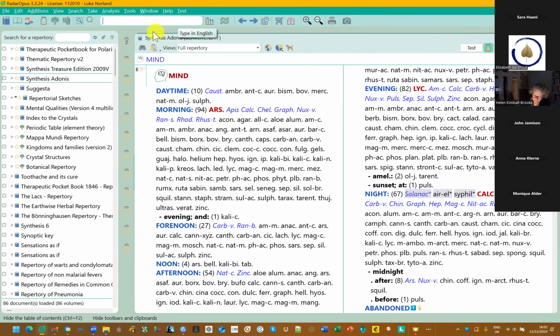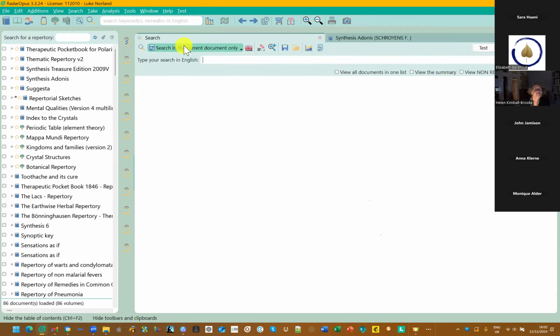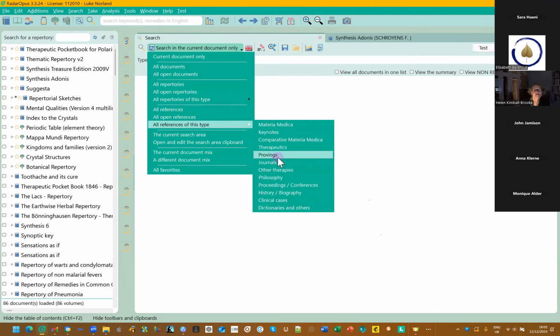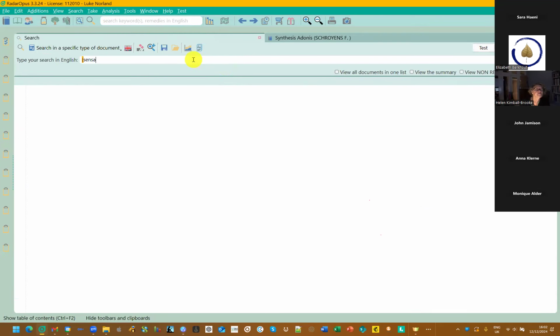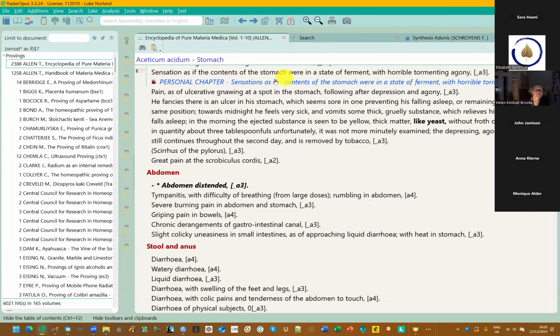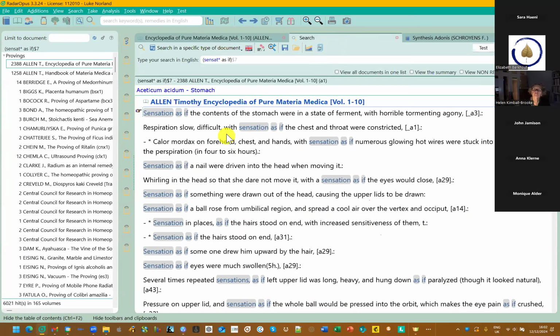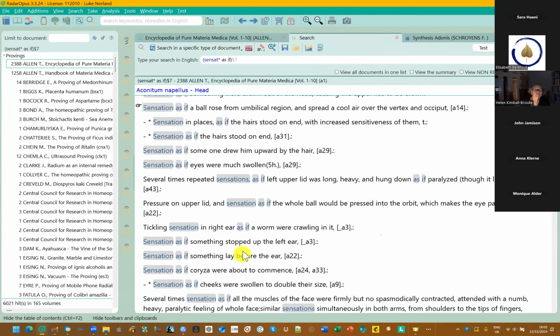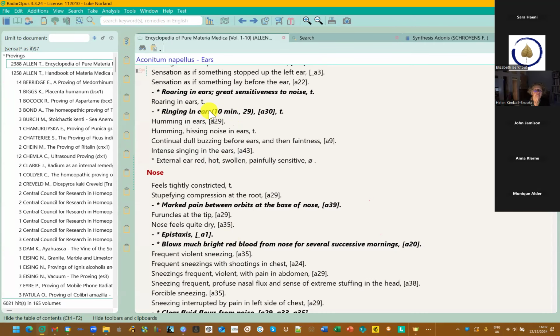So let's start again. Search in breathings. Okay, let's try this one. Oh, look, I already did that one. And that one. And that one. Okay. So this is from Aconite. So if I let's see, do that